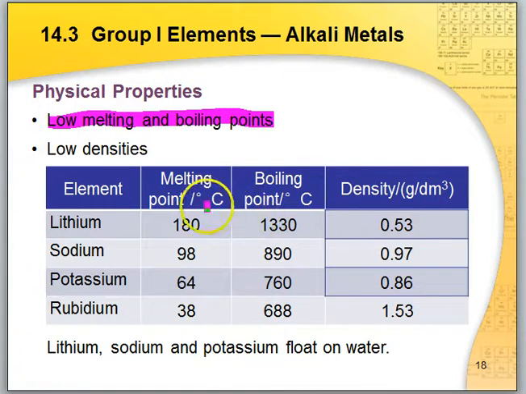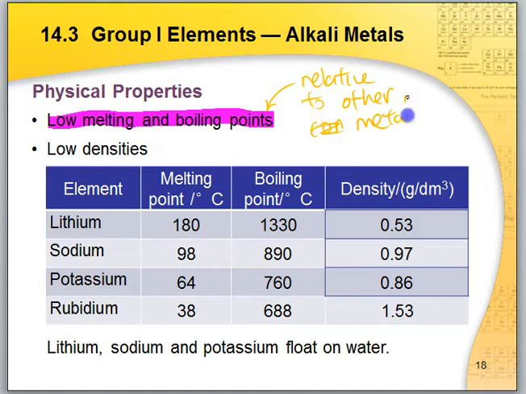You must be thinking, hey Joe, how come the melting and boiling points are quite high, especially boiling point, which is hundreds or thousands? When we talk about low melting and boiling point, this is actually relative to other metals or to other compounds. In our human eyes, these may look like very big numbers, but in actual fact, these are small numbers compared to all the other metals and compounds.